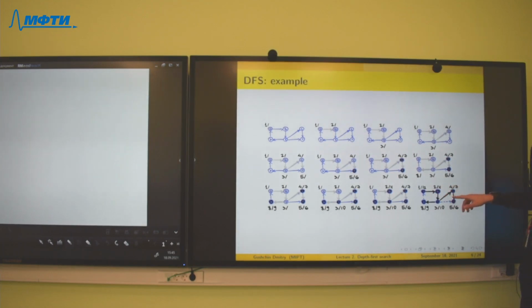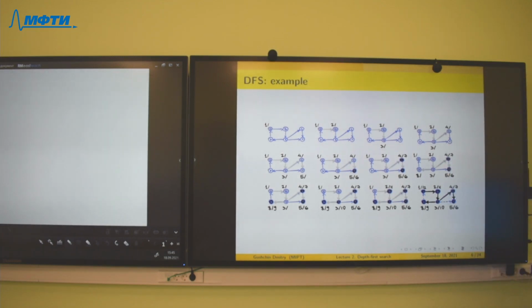Each vertex has a time when we start exploring it, and a time when we finish exploring the adjacent vertices of this vertex.